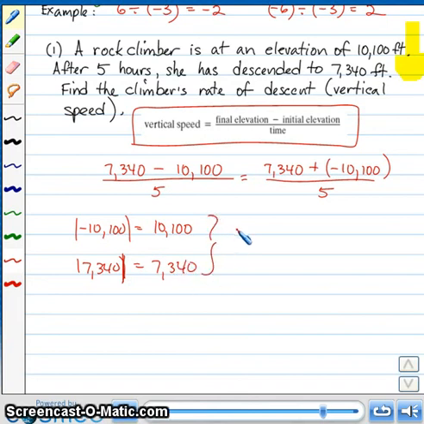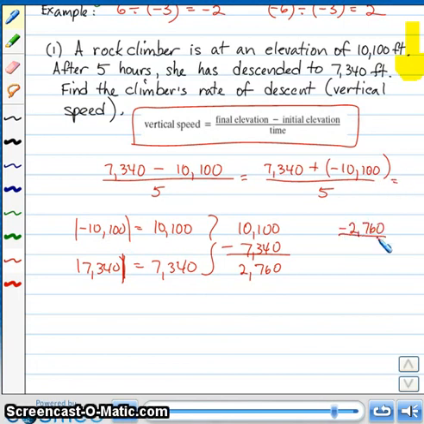So I'm going to take the difference between those, 10,100 minus 7,340, and that gives me 2,760. And then when I'm adding numbers with opposite signs, I keep the sign of the number that had the larger absolute value to begin with. So negative 10,100 had the larger absolute value, so the sum of those two is going to be negative